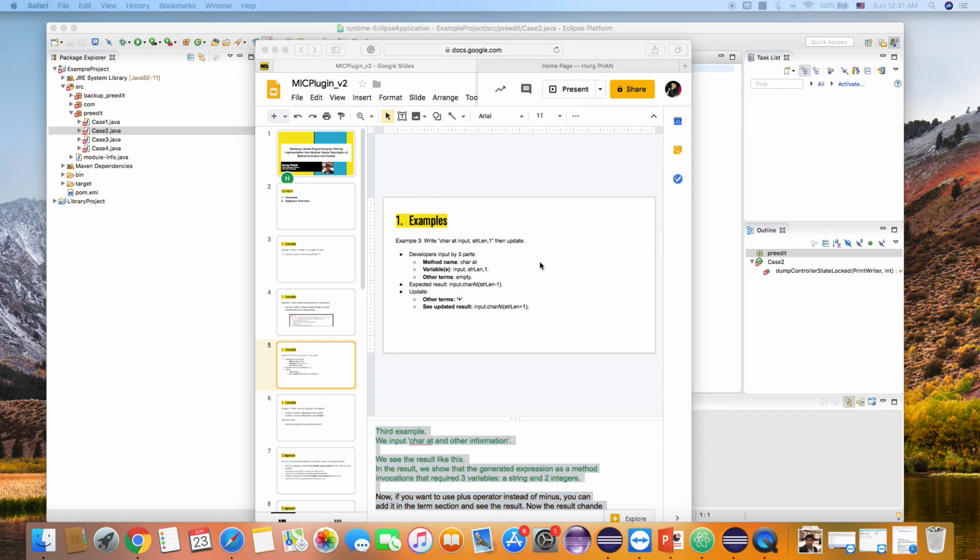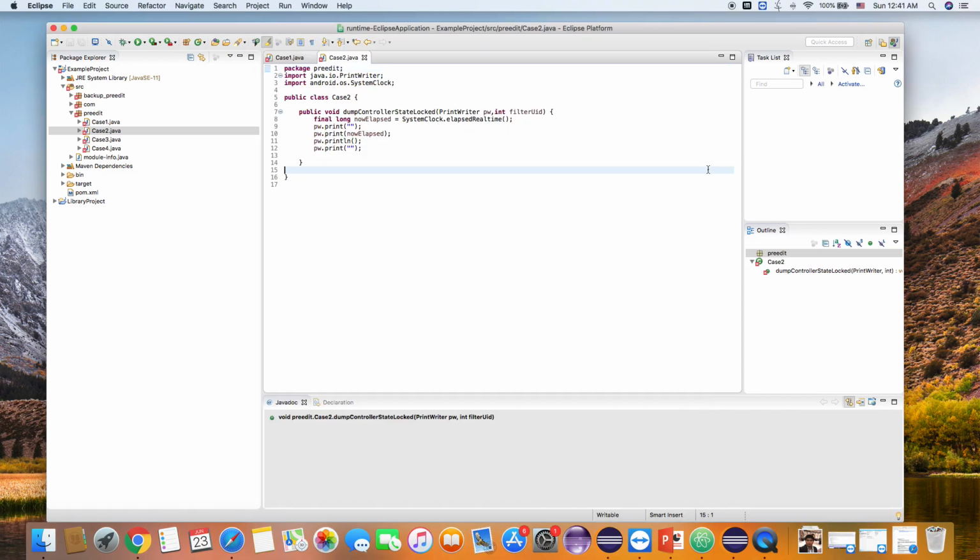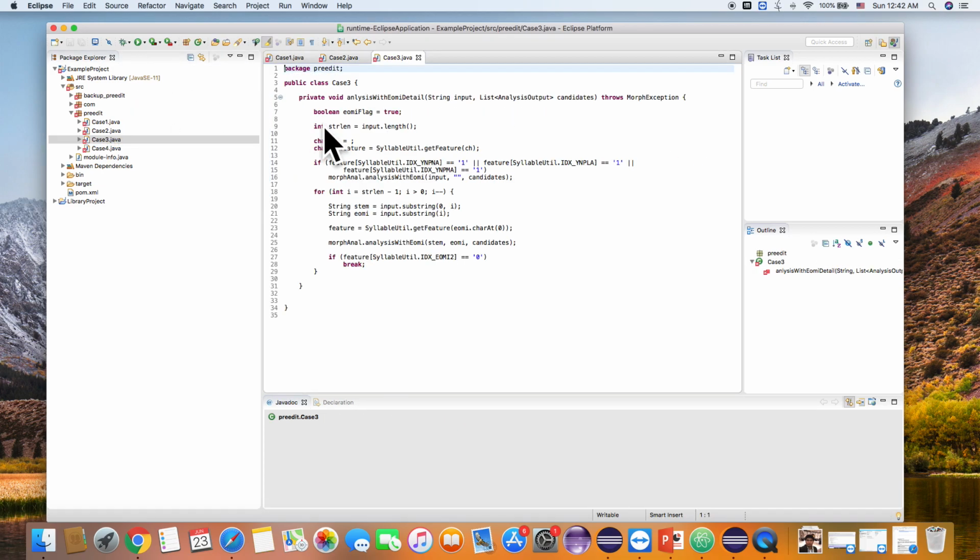Third example, we input char and other information. We see the result like this. In the result, we show that the generated expression is a method invocation that requires 3 variables, a string and